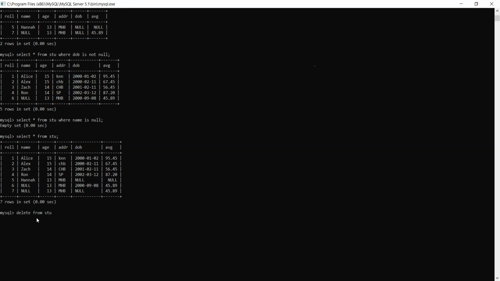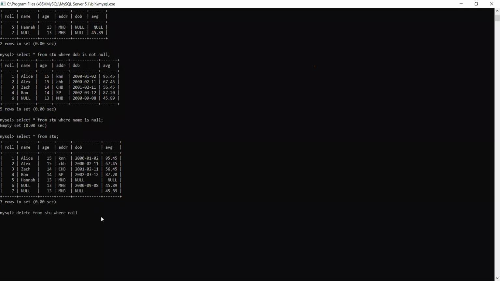Now suppose after this, if you write semicolon and press enter, all the records will be deleted permanently. So never make that type of mistake. If I press enter now, it is going to delete all the records, so I will not make that mistake. After this we need to write a where clause. We need to write where, and then give something which is very unique to that particular record, for example roll number.